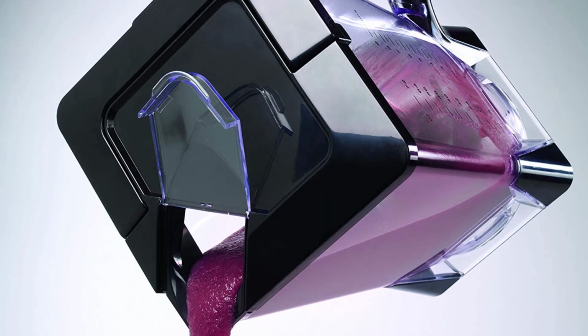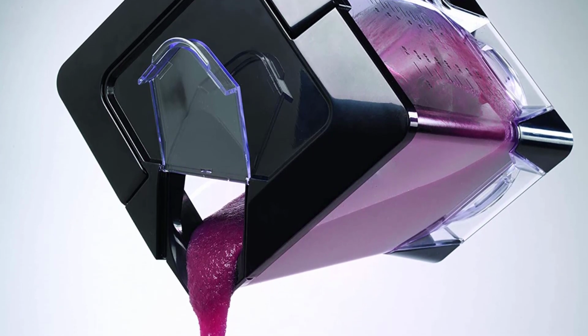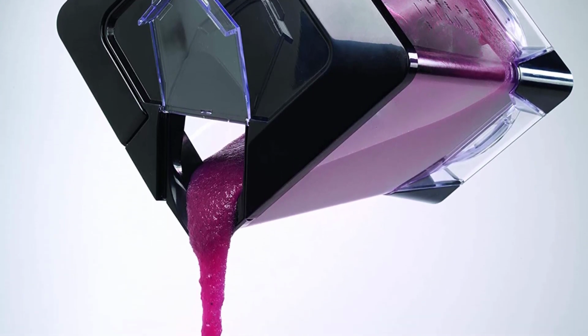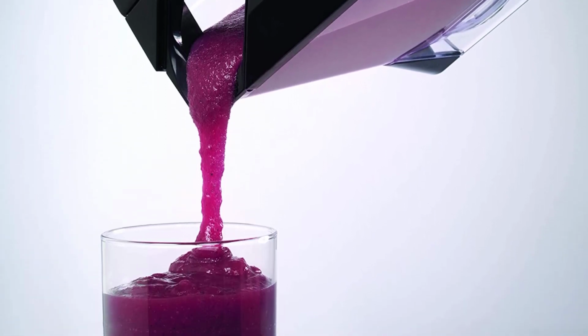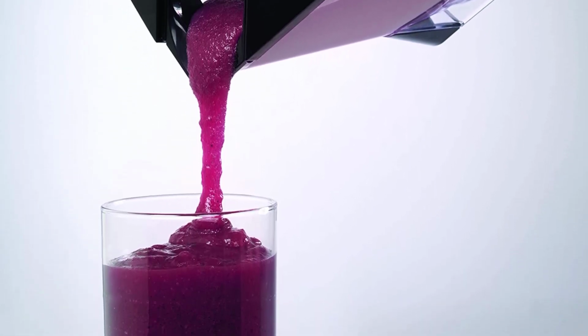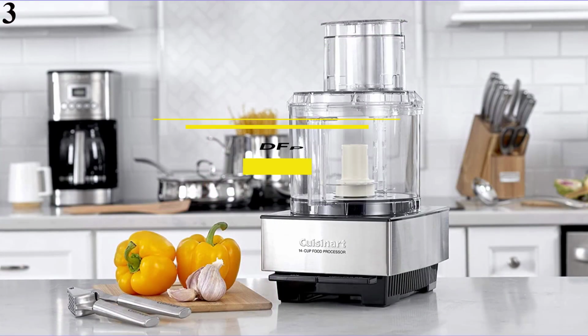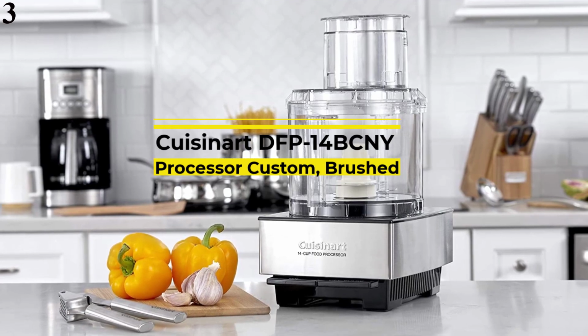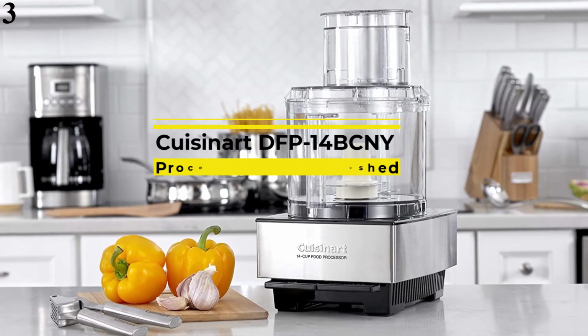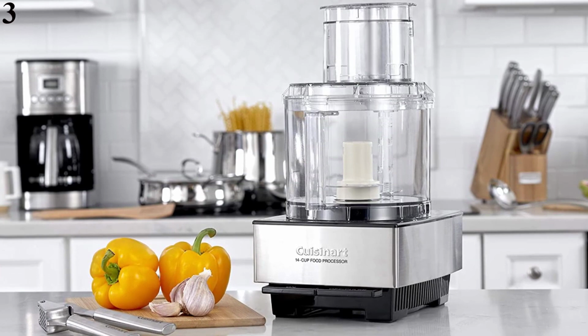On the go convenience, 2 16-ounce Nutri Ninja cups with to-go lids are perfect for creating personalized, nutrient-rich drinks to take on the go. The next is Number 3. Cuisinart 14-Cup Food Processor. Features of this product: superior function,